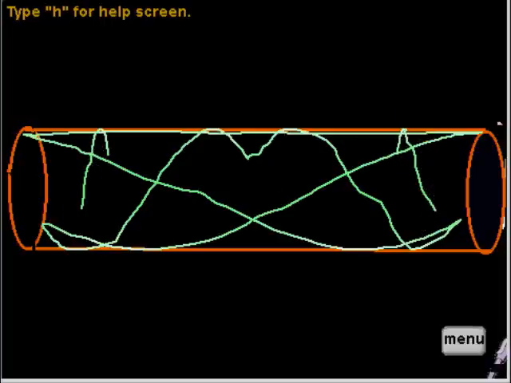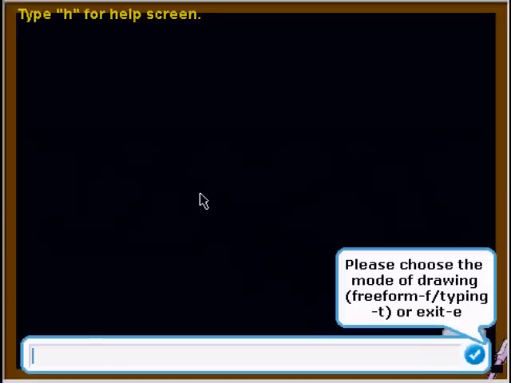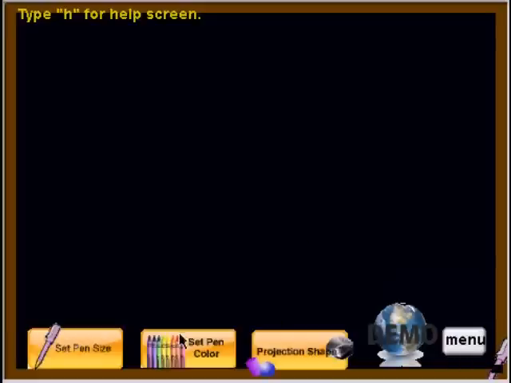As you can see, those 2 lines are curved and the star looks just as if it has been rolled around a horizontal cylinder. Anyways, okay, so now I'm going to go back to the menu